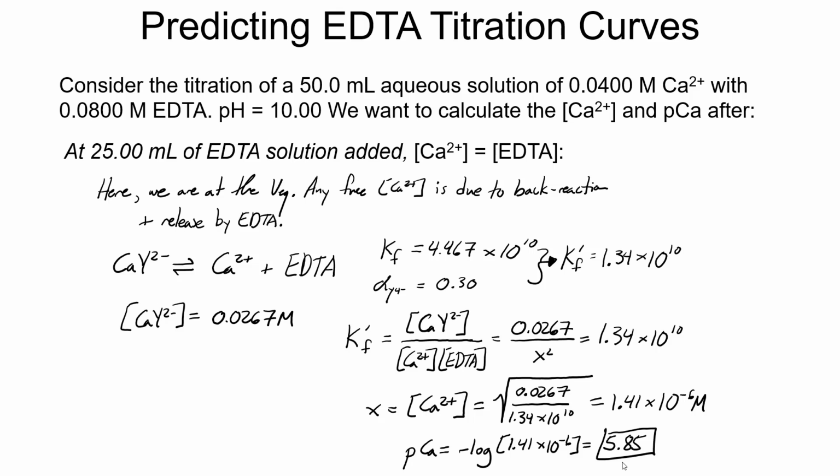And the key in all of these calculations is really keeping the region straight. And you need to resist a little bit. Hopefully, if I'm explaining this well, these steps all flow very naturally and they make a lot of sense. But you really need to sit down with a blank sheet of paper, try the problem again, and make sure you can understand the reasoning behind each of the steps and the assumptions that we make prior to the endpoint versus the assumptions that we make at the endpoint and the assumptions that we make past the endpoint